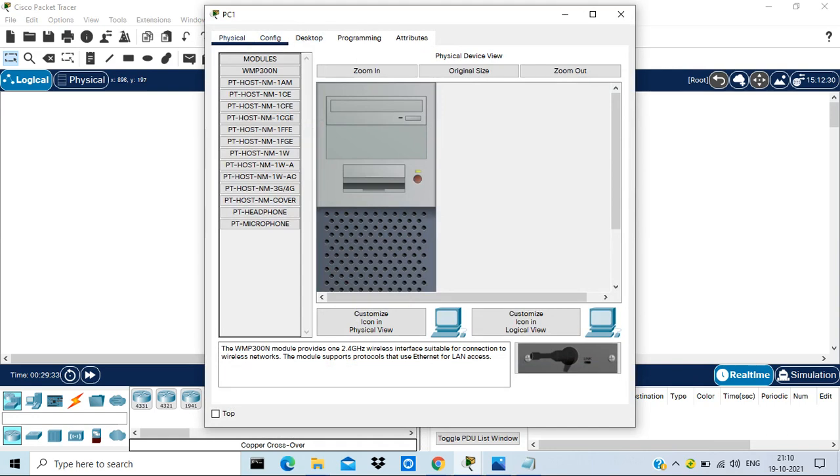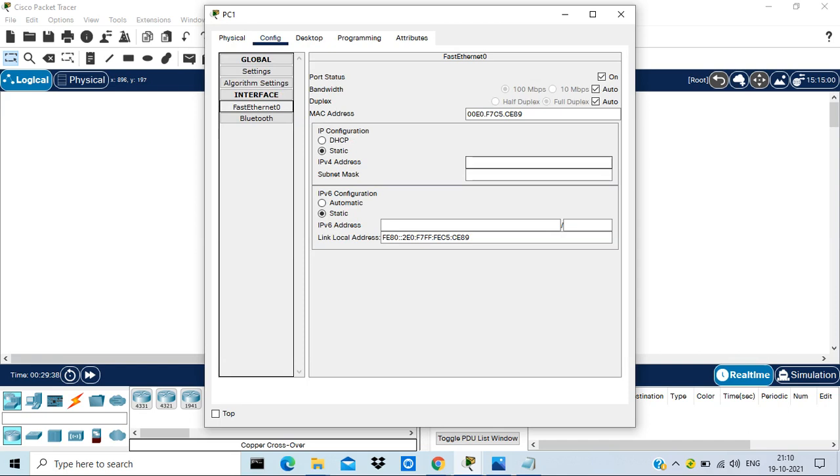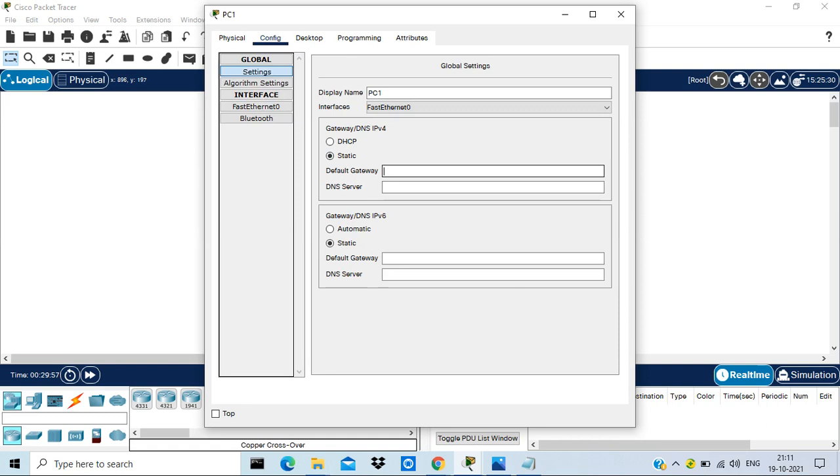Here the IP is 11.0.0.2. Subnet mask is 255.255.0.0. Gateway is 11.0.0.1. That is the local router's LAN IP.